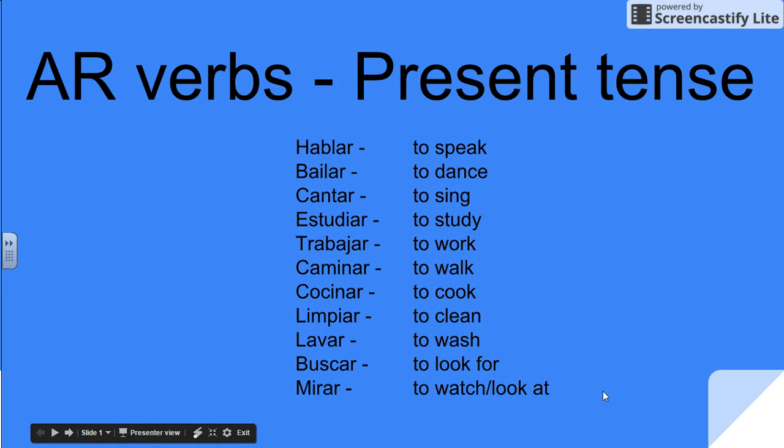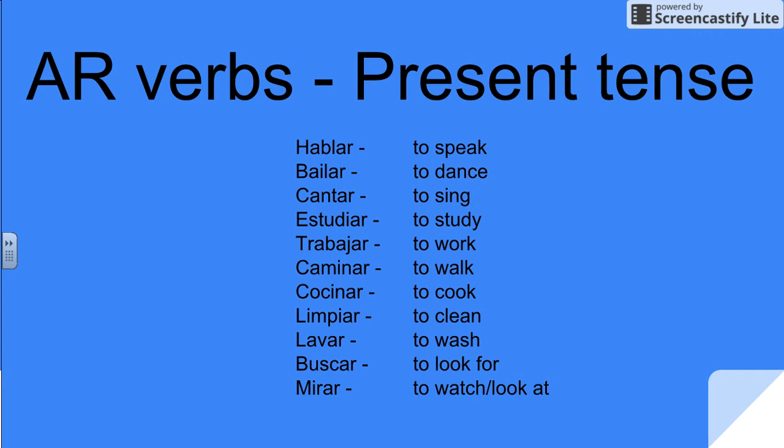This mini lesson today is on AR verbs in the present tense. If you look at the list of verbs listed below, these are the infinitives, and you should hopefully notice that they all have the same pattern of ending in the letters AR. That's why they're called AR verbs. And we can see that we have verbs like hablar, to speak, bailar, to dance, cantar, to sing, estudiar, to